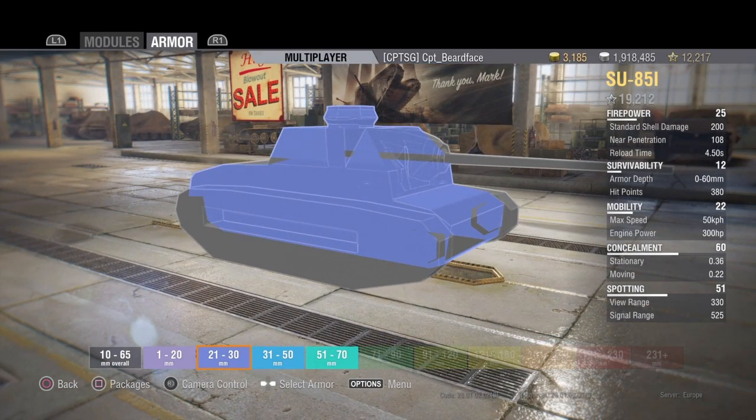You are fairly stealthy though. When you're stationary with 0.36 concealment and moving is 0.22, so it's not a bad sort of machine stealth wise. You know, you can nip about and get away with things if you use your terrain cleverly, and I think